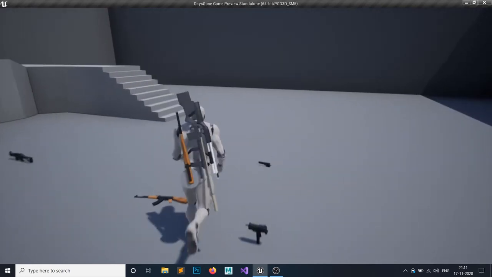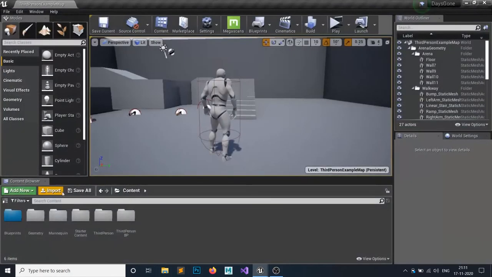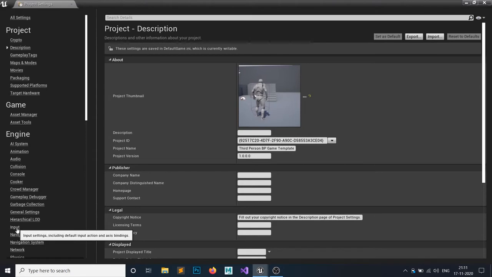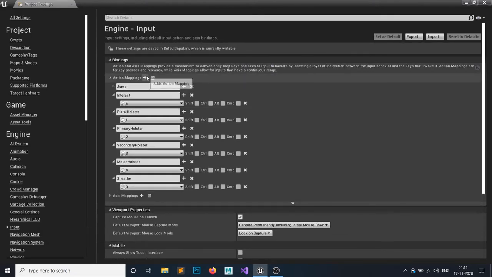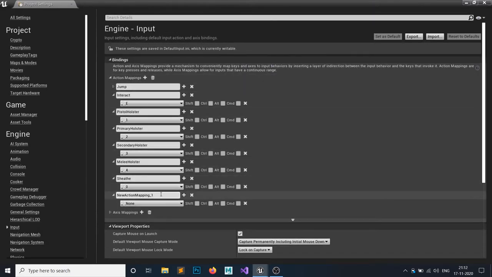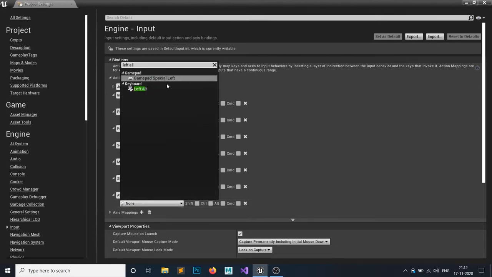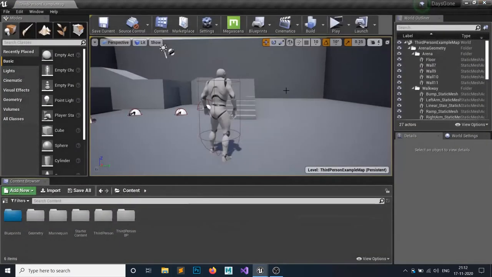So how can you shoot your gun or anything? For that, obviously I need a key binding for the shooting. So I will simply go to my settings. In the project settings, I need to set one input. So I'll go to this input and create a new action mapping called attack. And I want to use the left alt button because my left mouse button is not working. So left alt, okay.